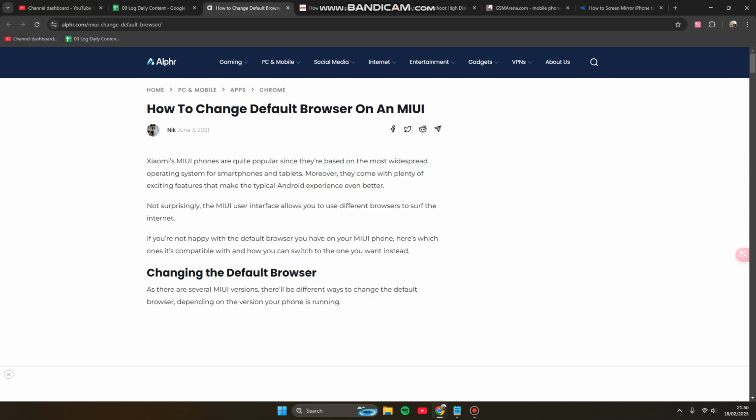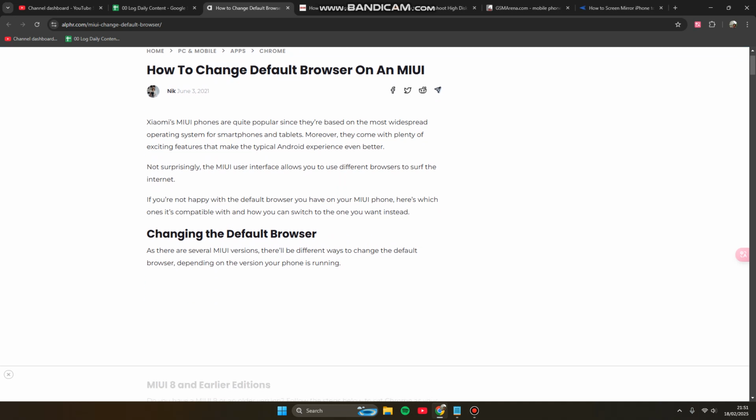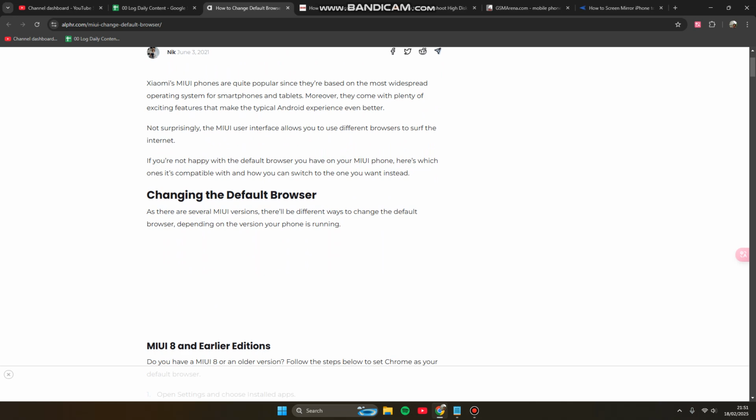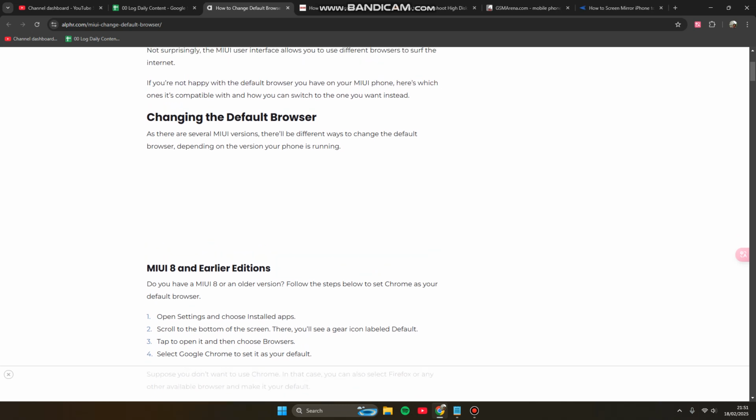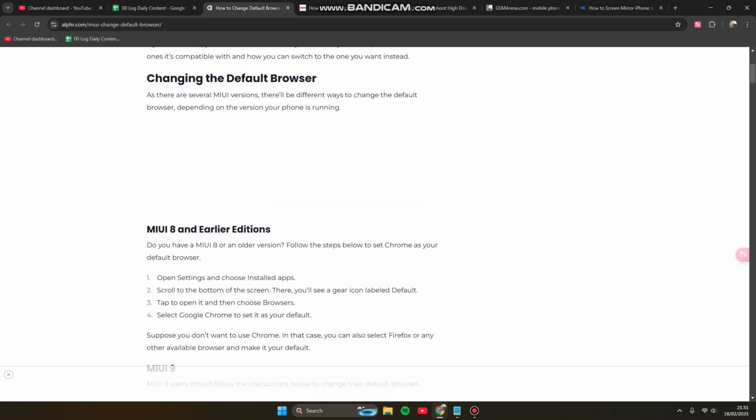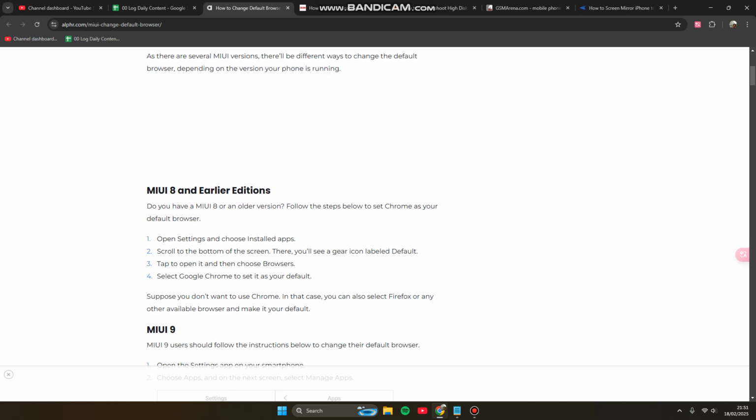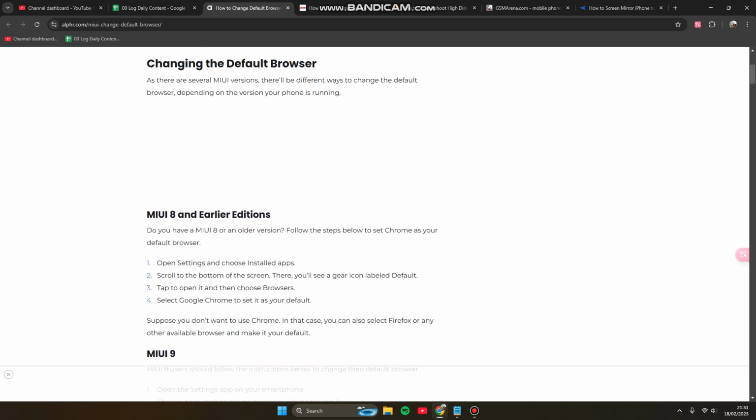Today I'm going to show you how you can enable or disable a browser on an MIUI. If you have a Xiaomi phone, Xiaomi phones with MIUI are quite popular since they are based on the most widespread operating system for smartphones and tablets. And here we go. If you're not happy with the default browser you have on your MIUI phone, and you want to change your default browser, for example to Chrome, you can